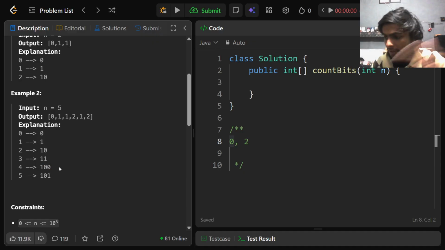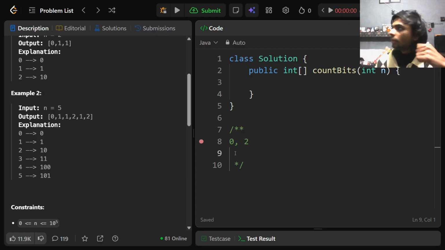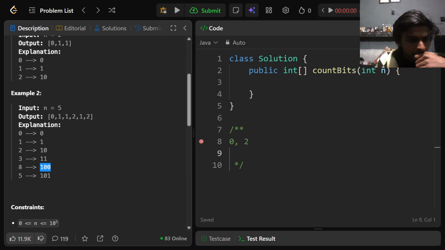If it's an even number, now this is the body of the recursion. If this is an even number, then the number of set bits is equal to, we're going to run recursion on,